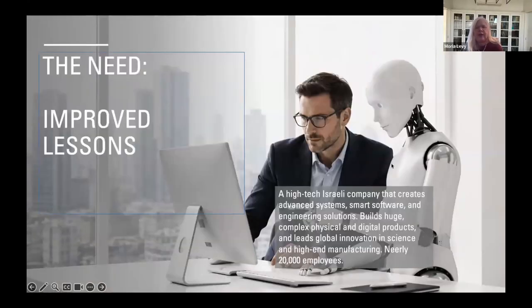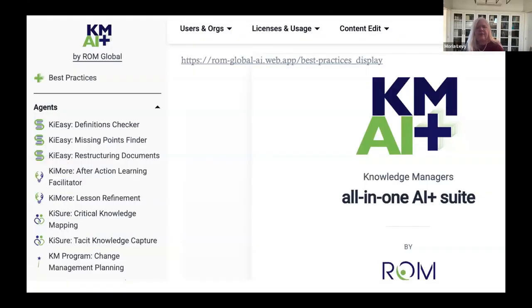So I'll also share some of my tips. Of course, all the images here were done with AI, all the screen sets you've seen here along the meeting with all the AI agents. But first of all, what we can see here is ROM's environment, where we can find also 10 different AI agents for KMers, which you are free to use as an initial level, of course,